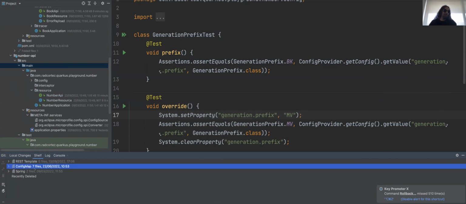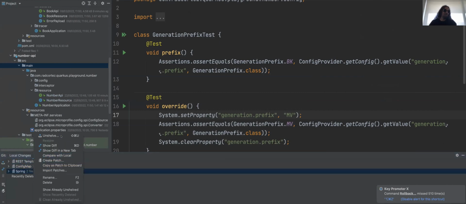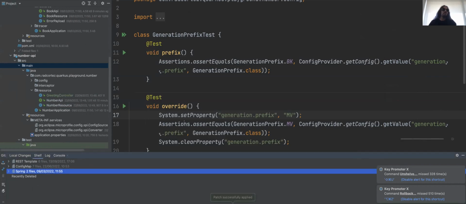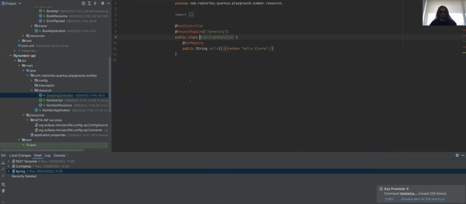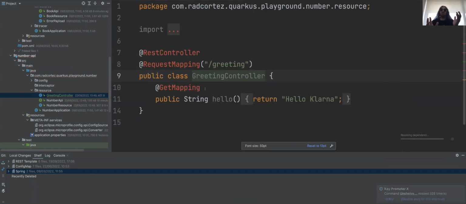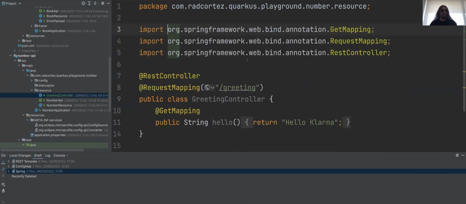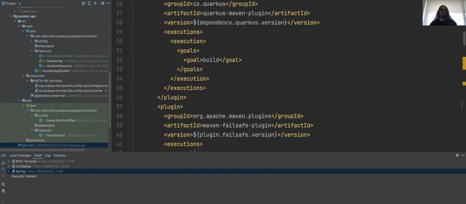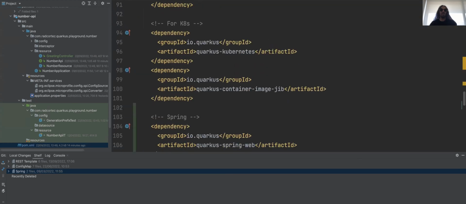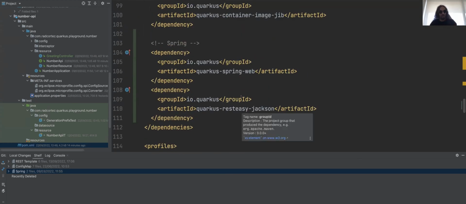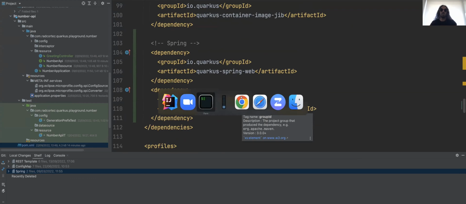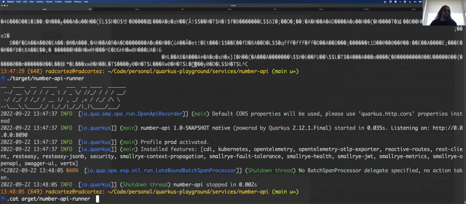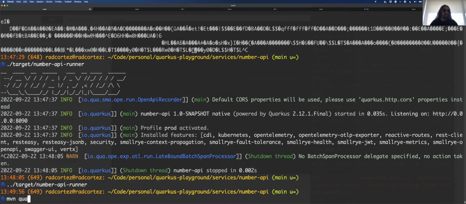And I have these shelf files over here. So this one. So this is, let me just import this. So this is Spring code, right? All of you recognize this. So this is like Spring code. The only thing that I did is I added this interface or this class, and then there is this API extension, which is the Spring extensions for Quarkus. And if I run that with Quarkus dev,